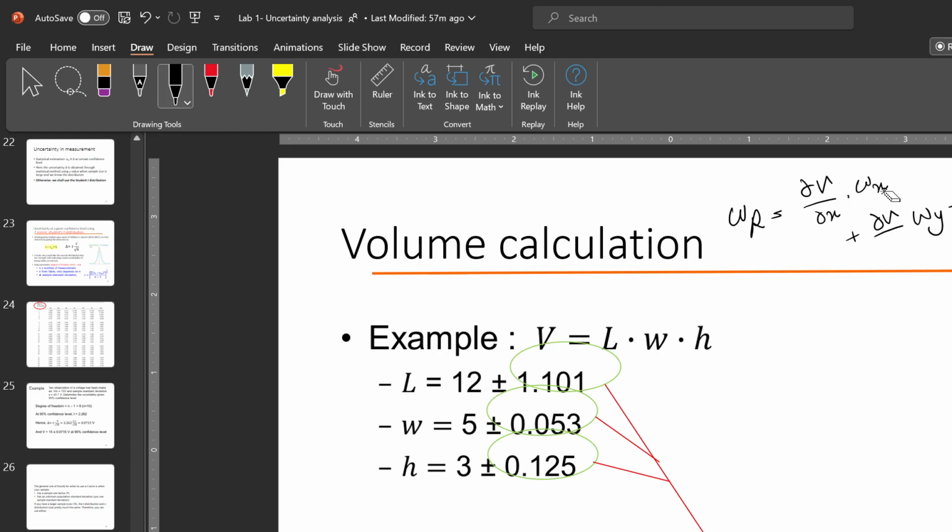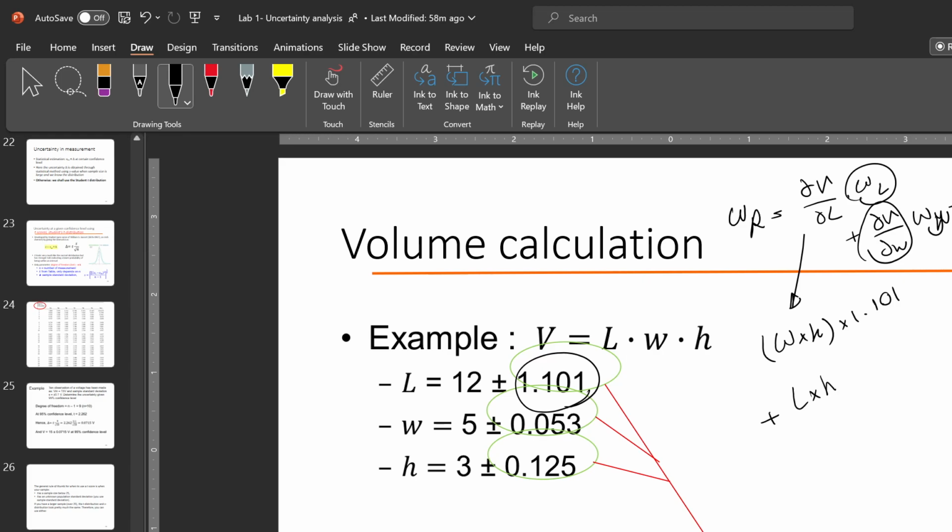We have L, W, and H: partial volume, partial L, uncertainty of L, partial volume, partial W, uncertainty of W, partial volume, partial H, uncertainty of H. So this is width multiplied by height, multiplied by this uncertainty, which is 0.101,